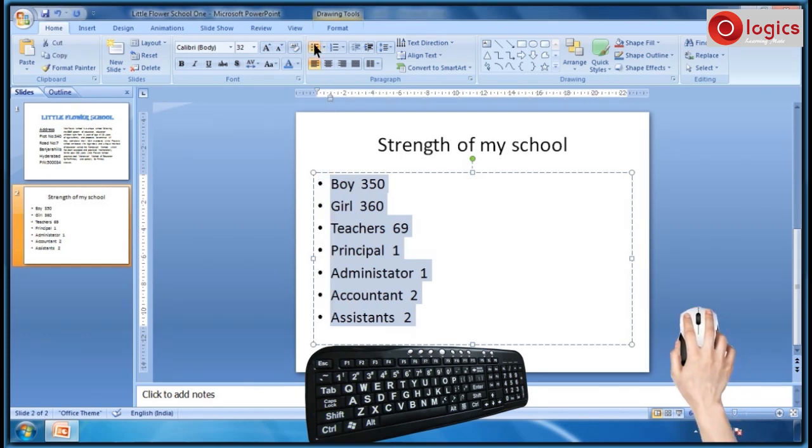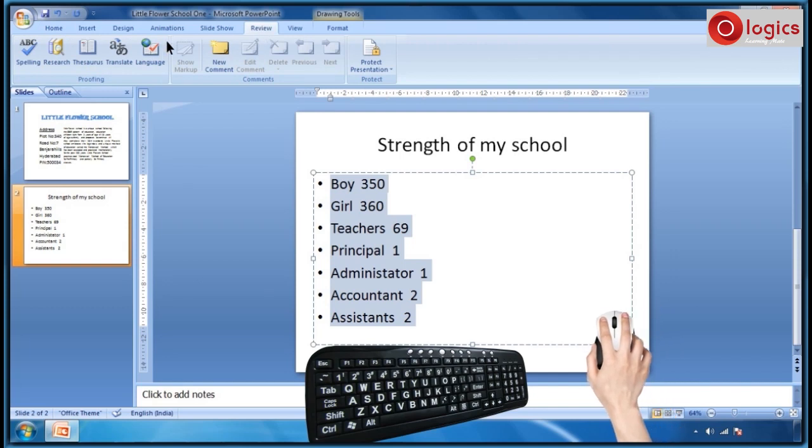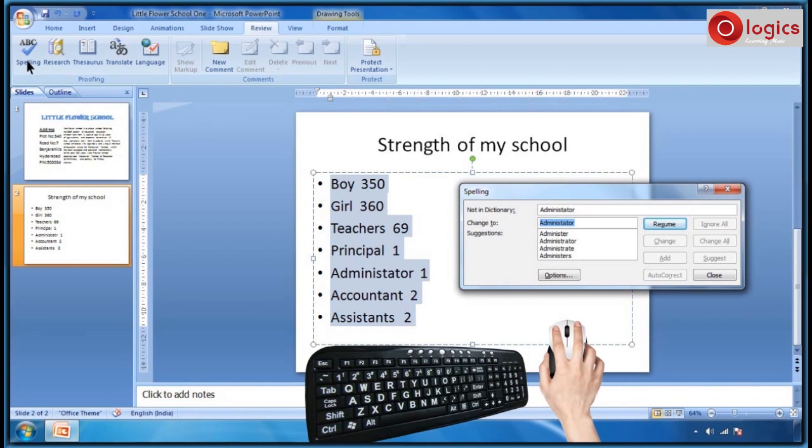I want to check the spelling mistakes, if any, on the slide. So I am clicking on this command, spelling. Spelling dialog box appeared. The word in the not in dictionary field is likely to be a spelling mistake. You can choose the correct word from the suggestions list.